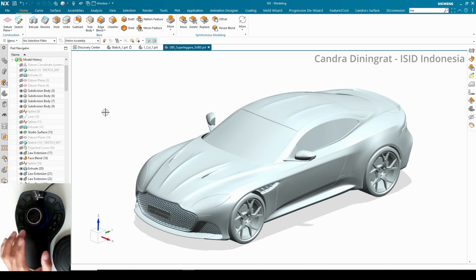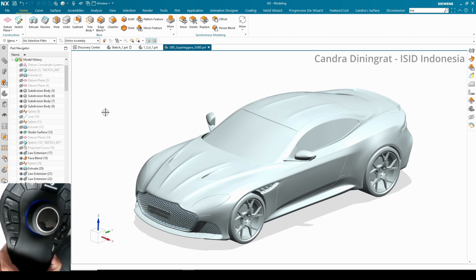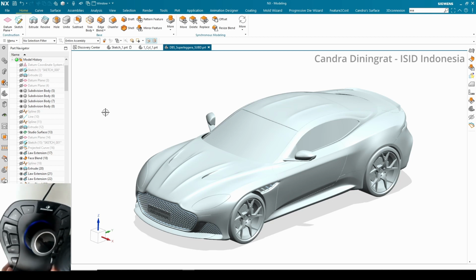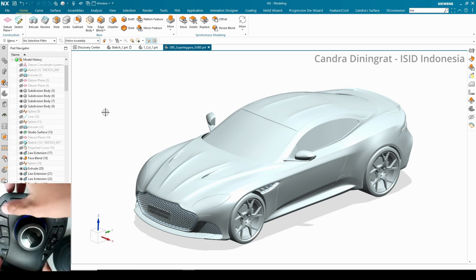6 degrees of freedom, so we can pan and rotate our model simultaneously, and around this joystick there are several shortcut keys, and you can see for the shortcut keys we have the menu button, the escape, shift, control, alt button, and also for this